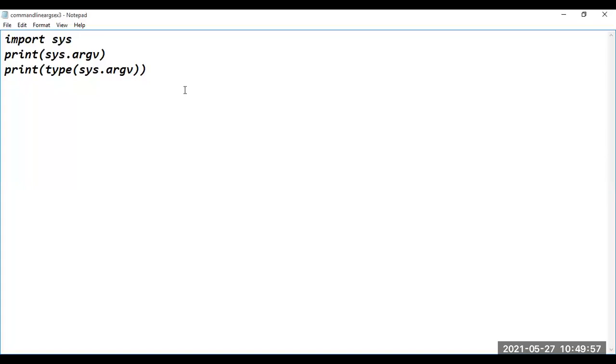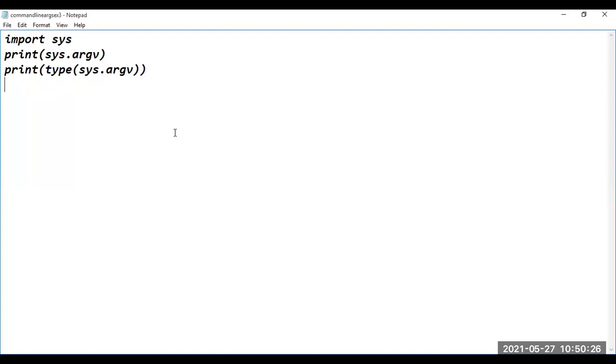So go to the code window. Here, I need 10 and 20, right? Please respond. I need two numbers or not? Yes, sir. I need two numbers. So the value 10 is available in the argv variable. To access an element of the list, can I go with the concept of index?